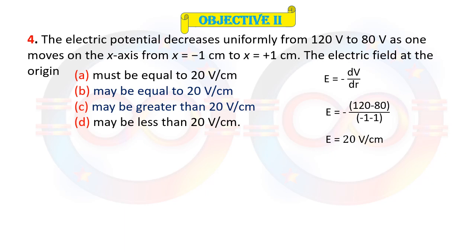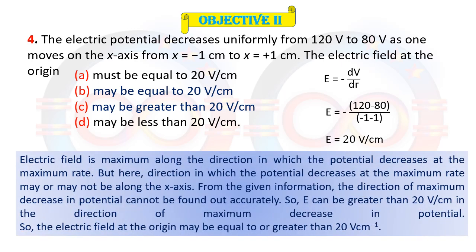But the other two options may be greater than or may be less than. For that we have to know that the electric field is maximum along the direction in which the potential decreases at the maximum rate. But in this particular question, the direction in which the potential decreases at the maximum rate may or may not be